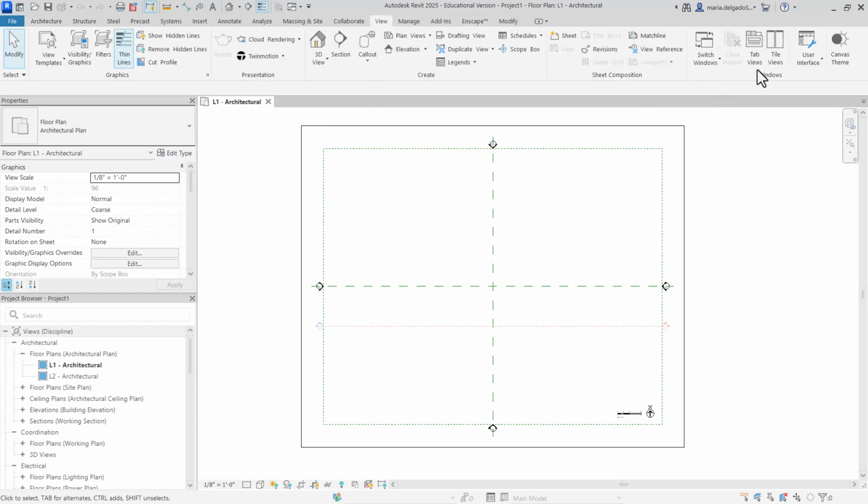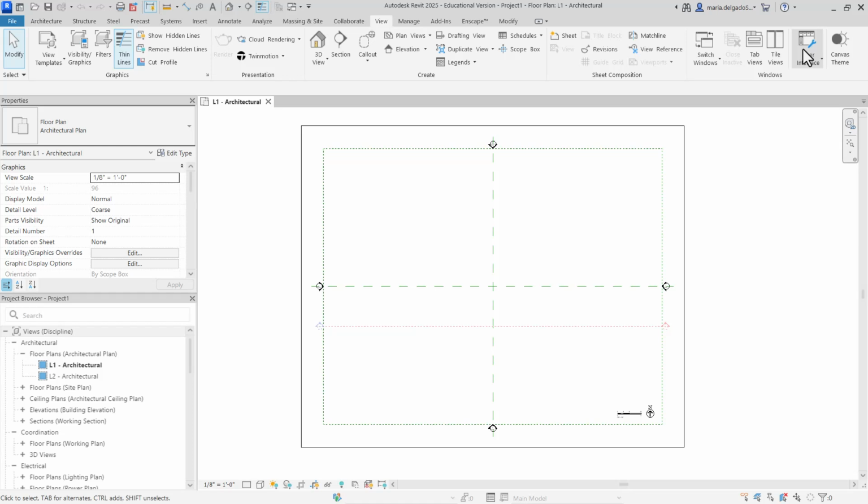If we go to View and select User Interface, the interface is essentially what we are looking at right now, the entire canvas. This is what you'll always notice. The setup will always look like this, and it has main components. Examples of main components are your quick access toolbar and your ribbon. Here in this space we have a canvas, that's where we draw. Those are a few examples of our interface.